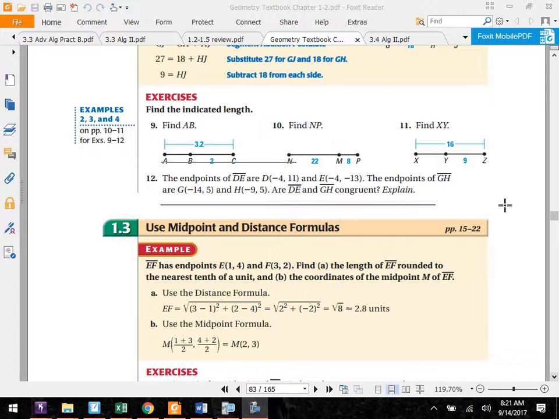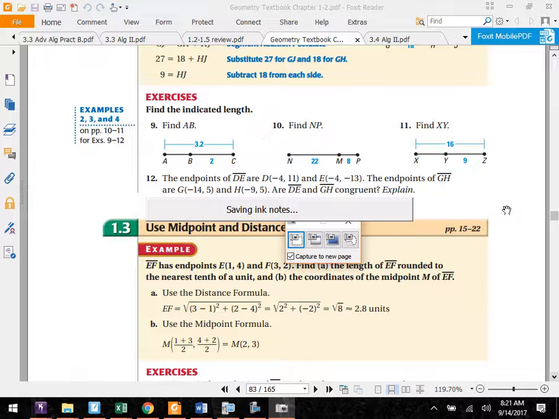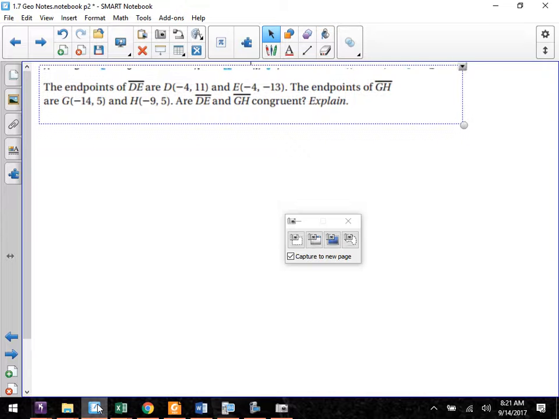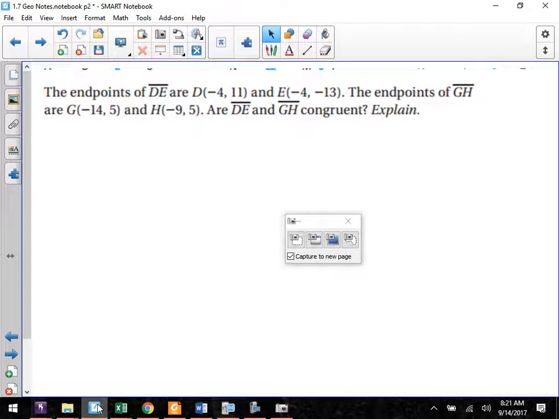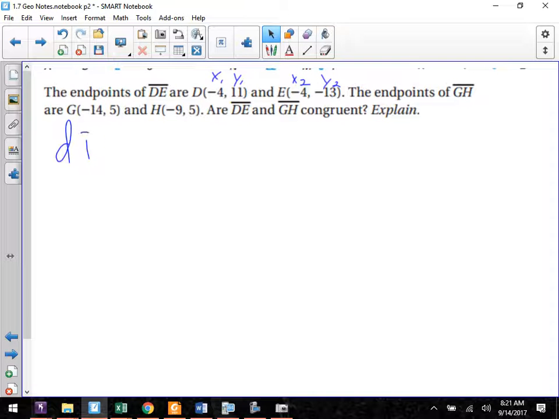This is an endpoint problem where you have to do this distance formula twice. So they're telling you you have specific endpoints of DE and then endpoints of GH. What we have to do here is take the first set of X values and Y values, then the second set, and figure out how far apart they are. So to do the distance of segment DE is change in X, -4 minus -4, quantity squared, plus -13 minus